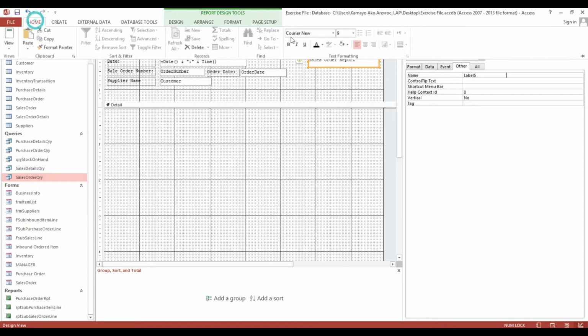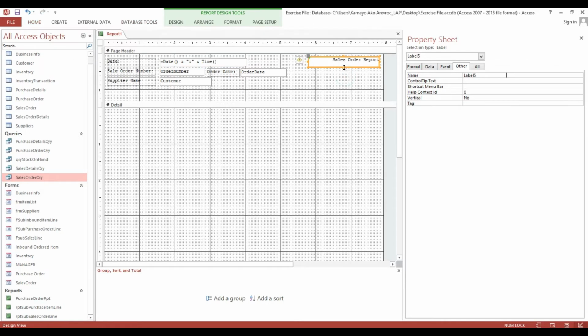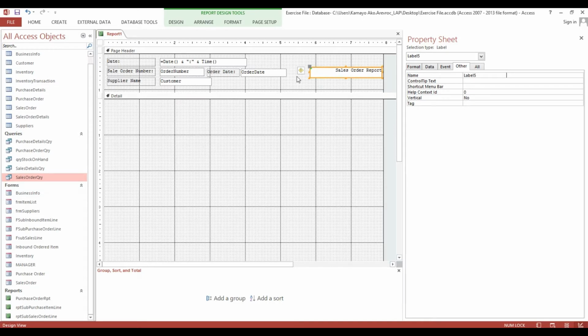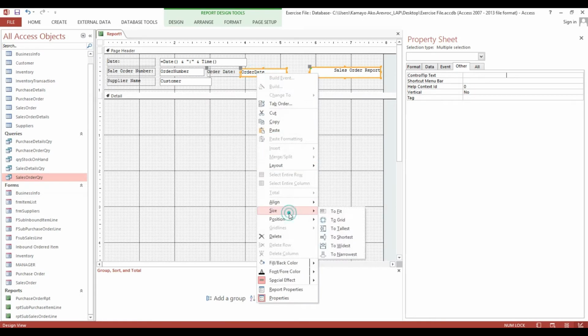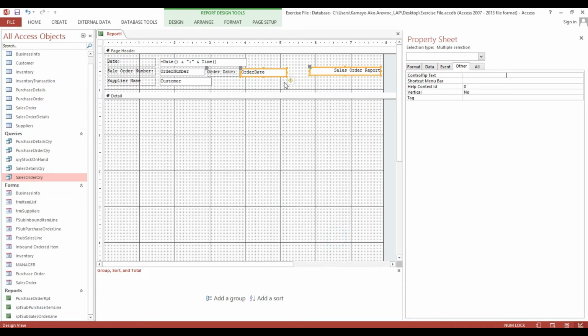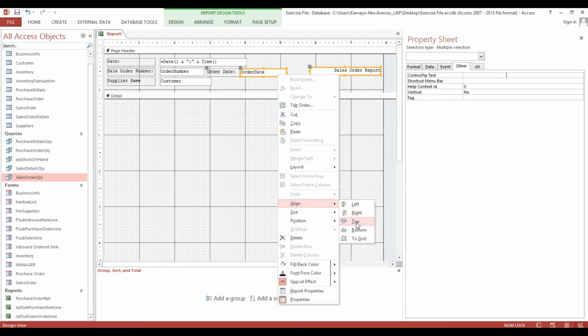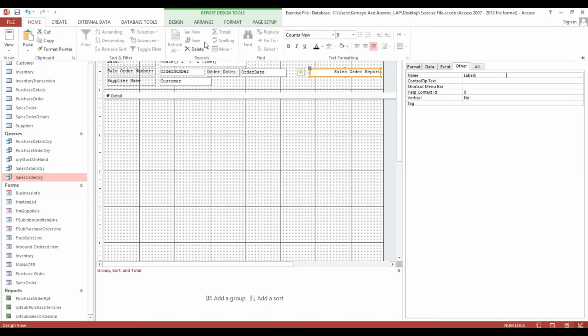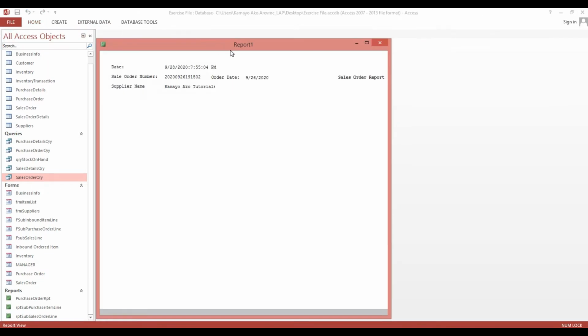Again, I will change to right, and I will put here size shortest, so that the same height, align bottom. Okay,